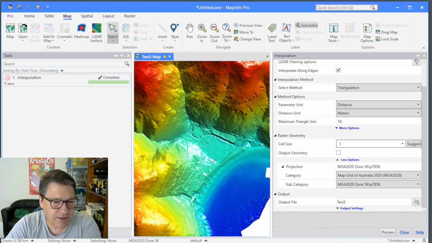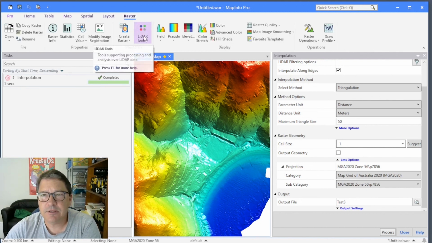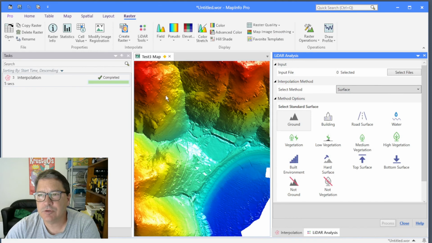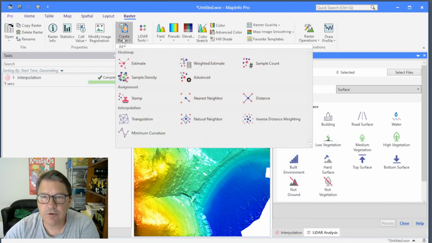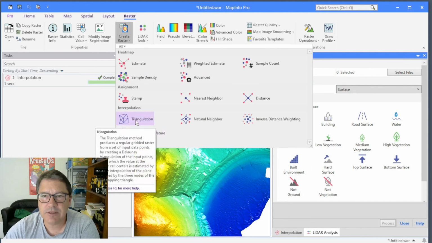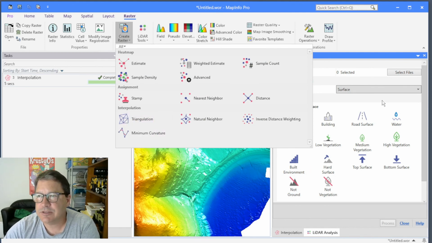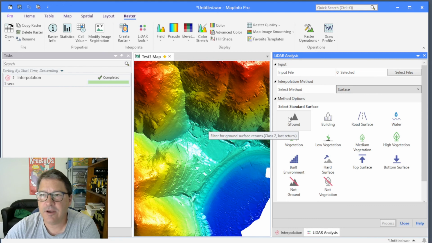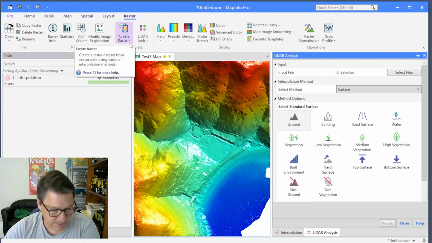So the LiDAR tools, let me take you back to that. These LiDAR tools, this surface tool, this uses exactly the same gridding methods as the Create Raster tool. So it's all using the same triangulation code. It's just that this one has been greatly simplified for users, and there's not so many options. But at the end of the day, it all runs through the same code,